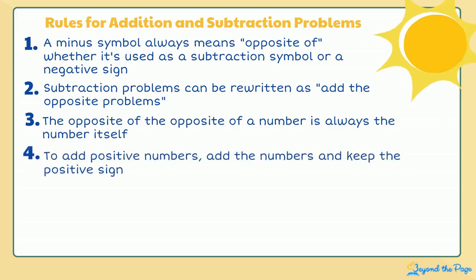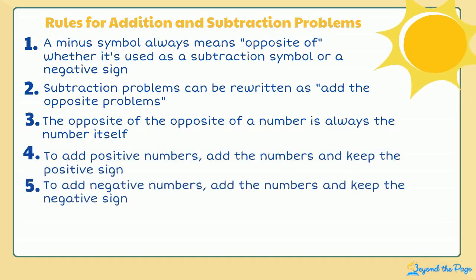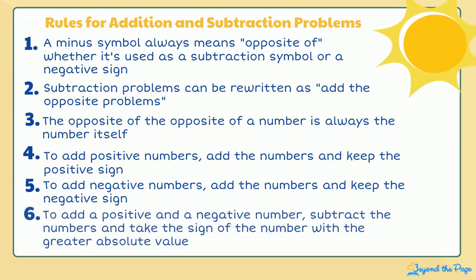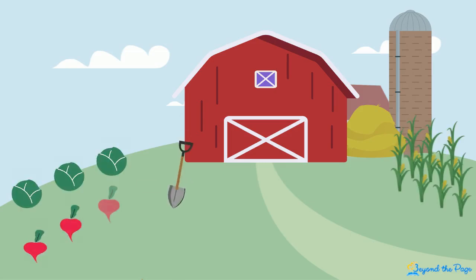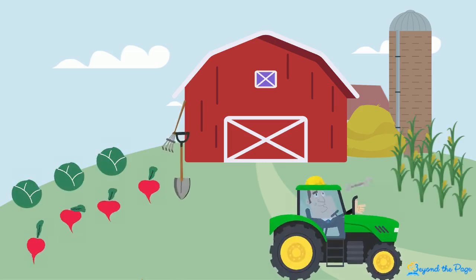4. To add positive numbers, add the numbers and keep the positive sign. 5. To add negative numbers, add the numbers and keep the negative sign. And last but not least, 6. To add a positive and a negative number, subtract the numbers and take the sign of the number with the greater absolute value. Whether you're subtracting positive or negative numbers, you now have the tools to rewrite and solve these